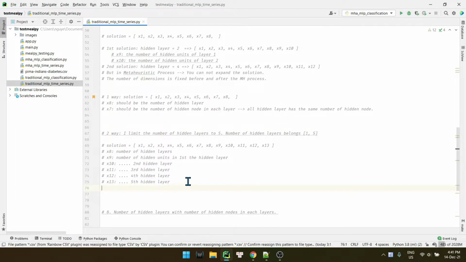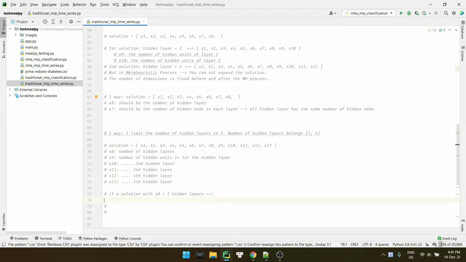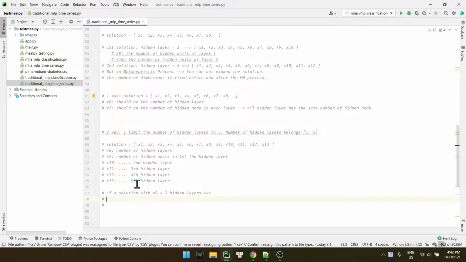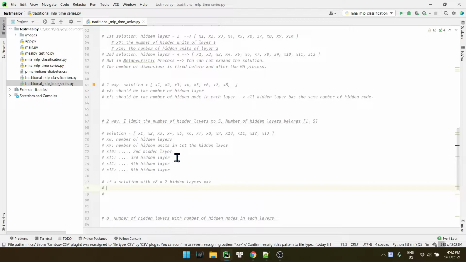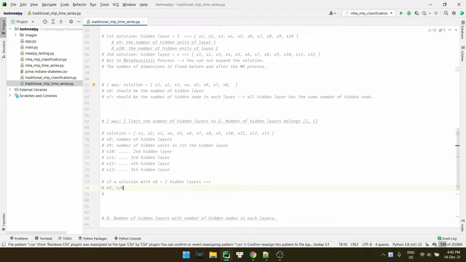So if you found a solution with h equal to 2 hidden layers, okay, so you will take two values, x9 and x10, right? x9 and x10, and then ignore the other values x11, x12, x13.